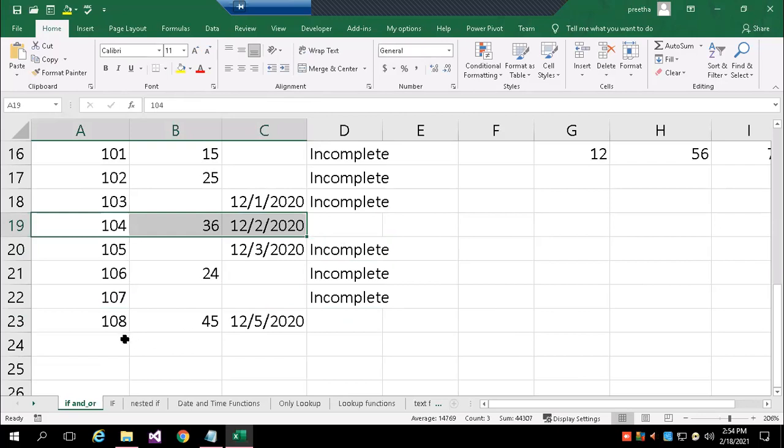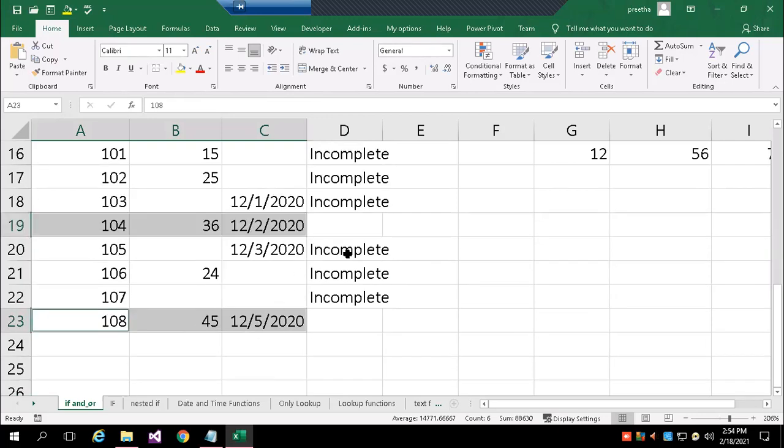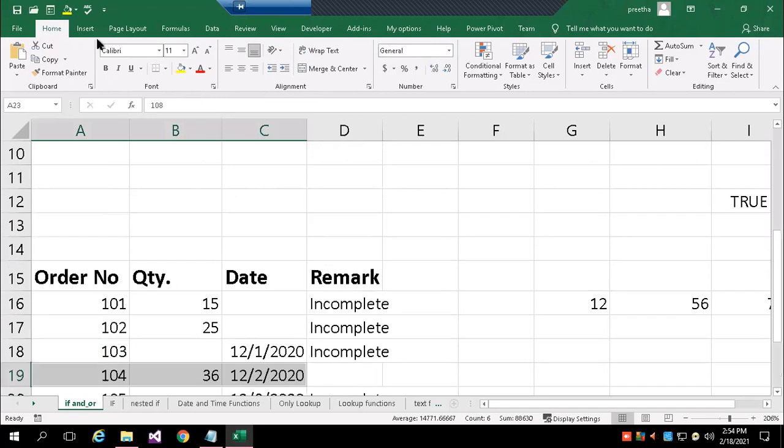Only two rows have all three columns filled up. In the rest, either quantity is unfilled or date is unfilled. That's why the remark is written as incomplete. So these are the ways I can use the IF, OR, and AND functions.